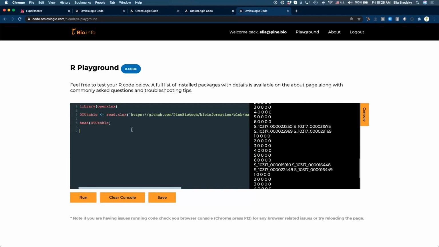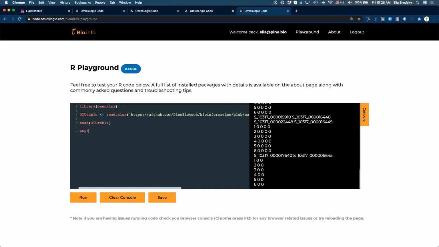So let's create a, okay. Can you just try copying and pasting this?